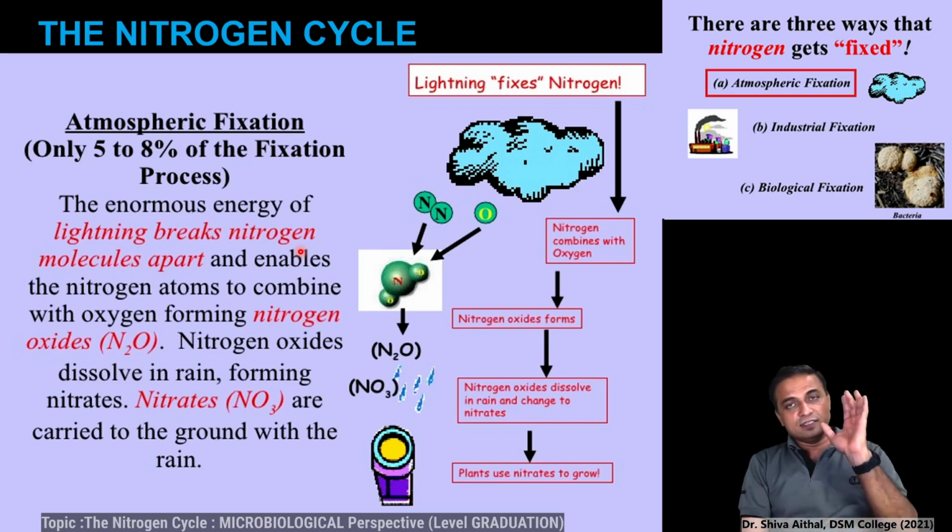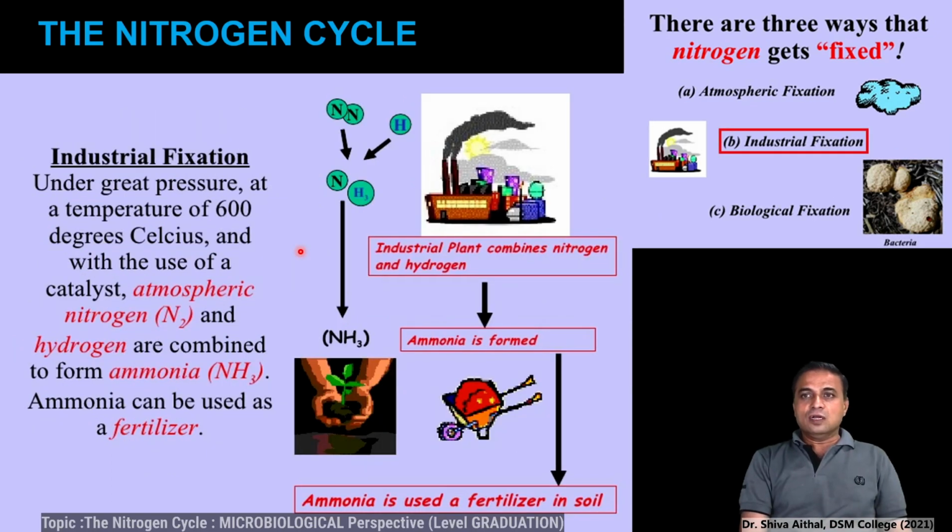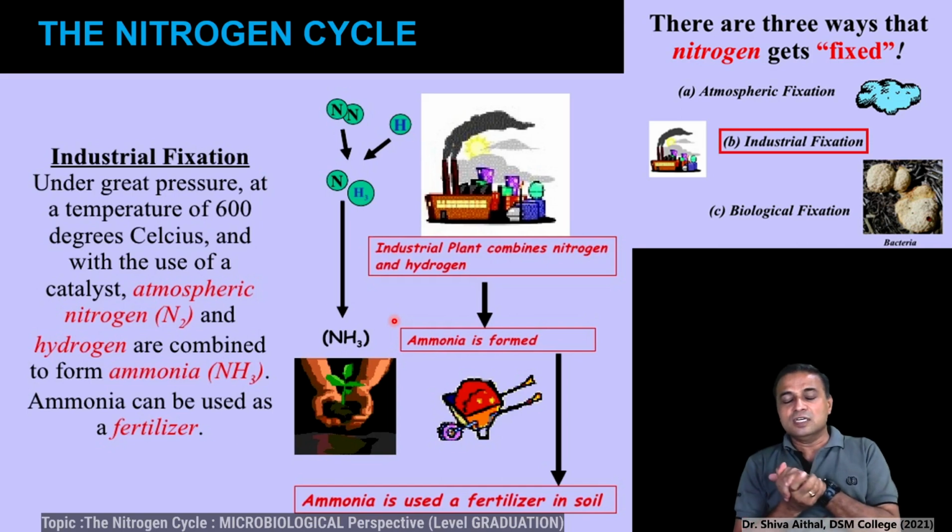As I say, this is a very important natural process which is going on in nature. Now the second is industrial fixation. First we saw atmospheric fixation. Now the industrial fixation is done by a process called the Haber process, where nitrogen is fixed, or